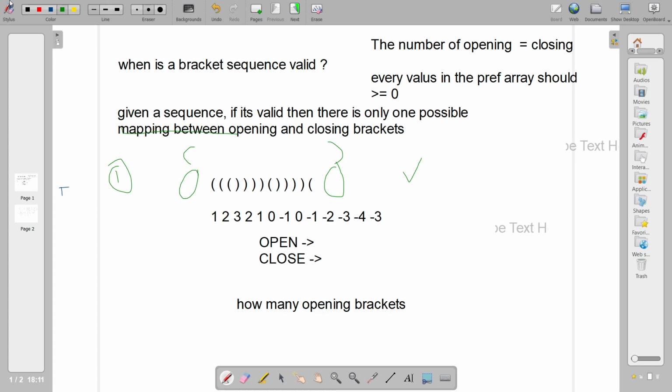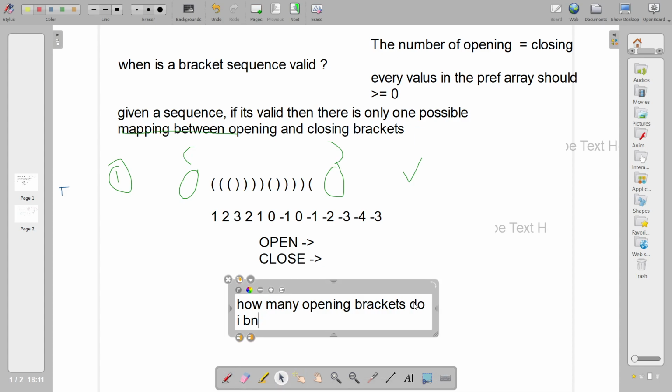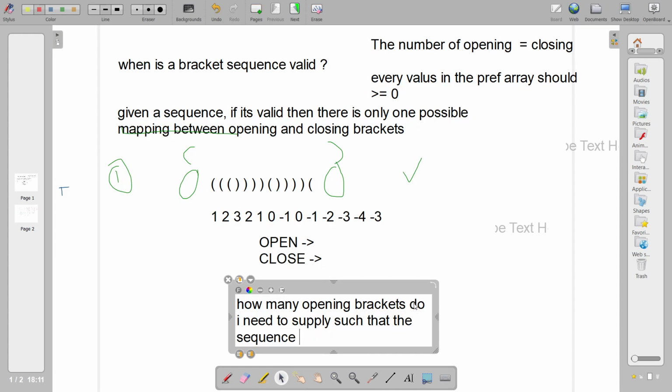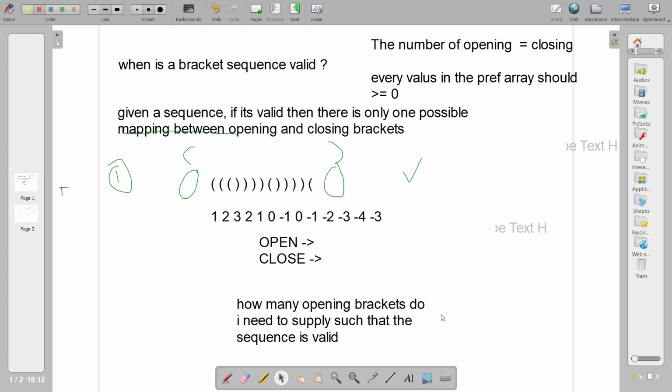Okay. So how many opening brackets do I need to supply such that the sequence is valid? Okay, and the conditions for a valid sequence were these two.